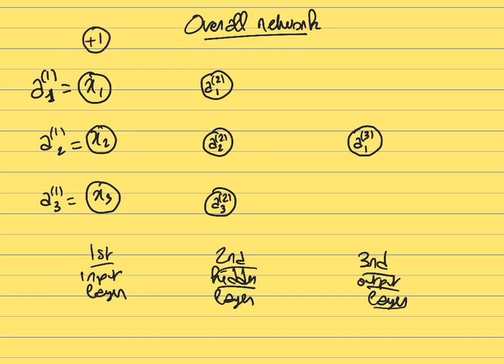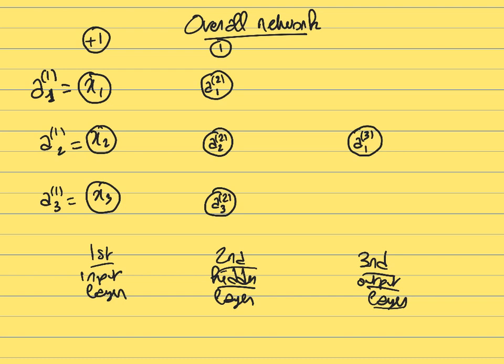So then the other unit that we need to add is the bias. So you have the bias here. You will have another bias here. So those are the bias units. And now those things are going to be connected to each other. So the neurons of the first layer are going to be connected to the neurons of the second layer. Then the second layer neurons are going to be connected to the third layer neurons.